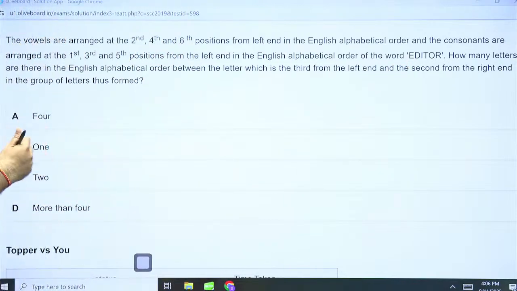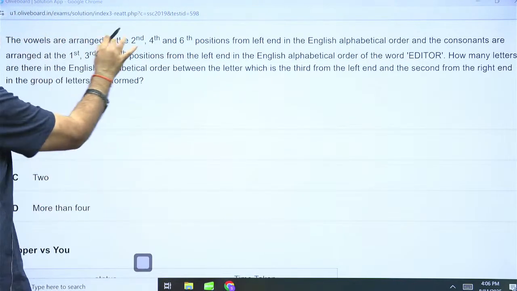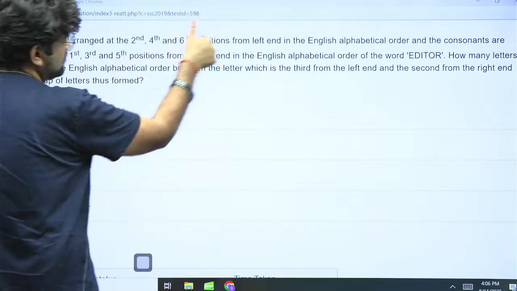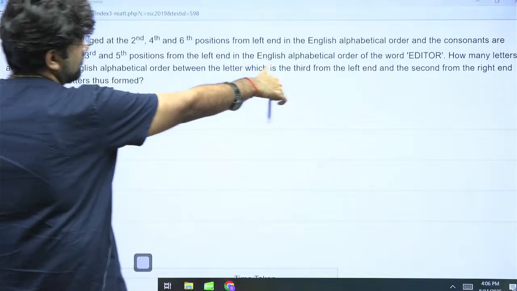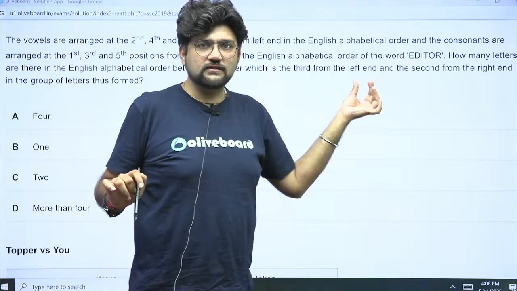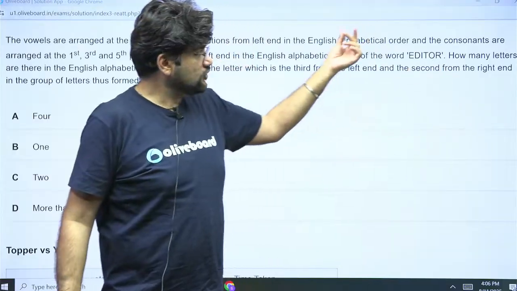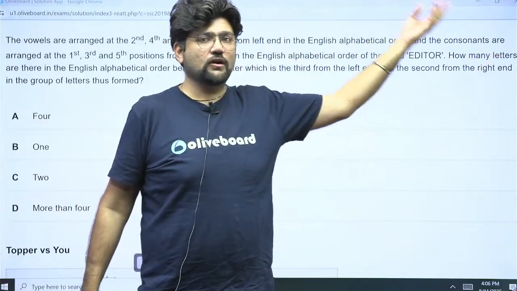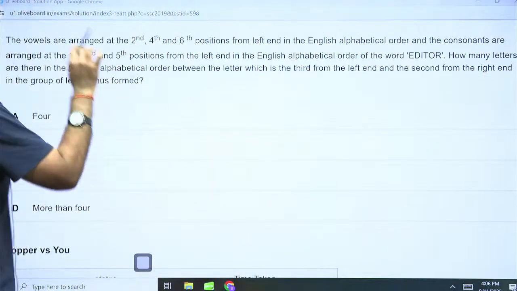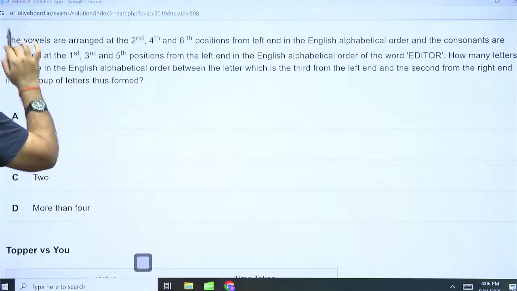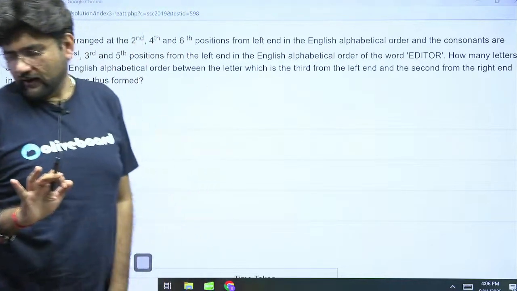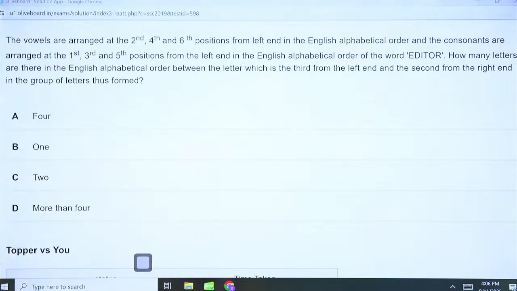Okay. So if you go through it quickly, you can see that vowels are second, fourth, sixth in English alphabetical order, perfect. Consonants are first, third, fifth in English alphabetical order of the word EDITOR. That means you need to separate the vowels, you need to separate the consonants. You need to arrange the vowels in an increasing alphabetical order, consonants separately in alphabetical order, and then put the vowels at 2, 4, 6 and consonants at 1, 3, 5. Whatever it is, that is how you need to arrange it. Now, after that,